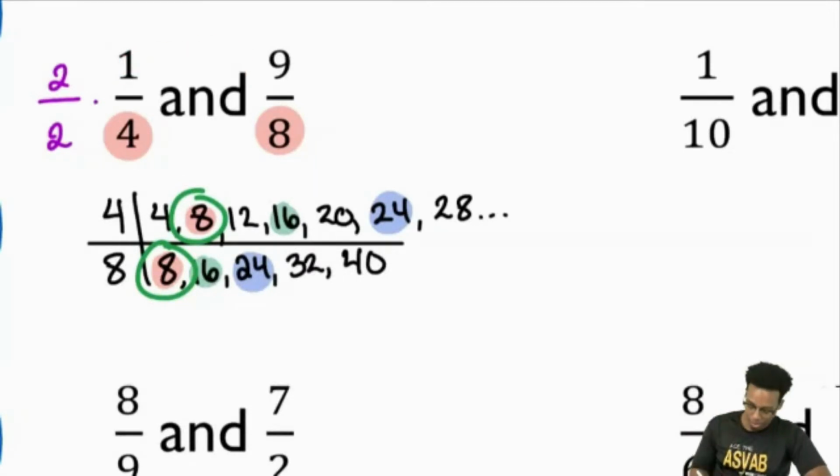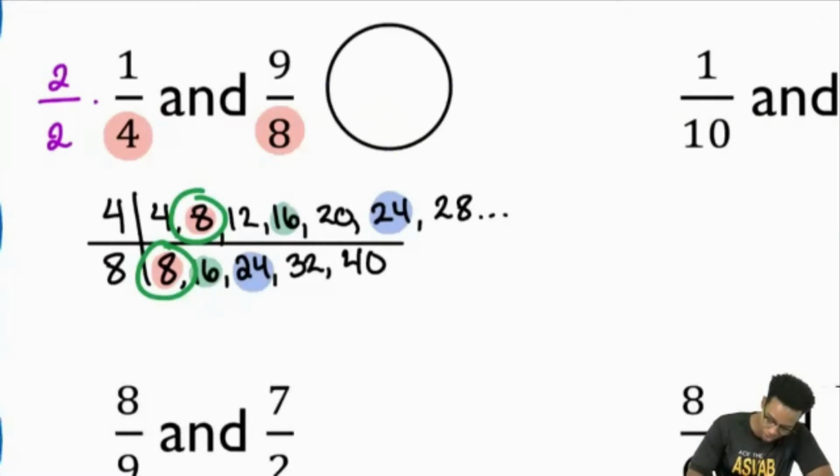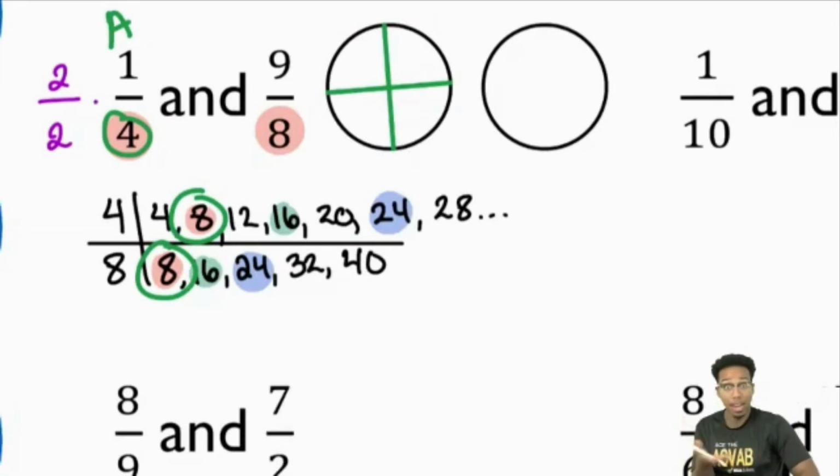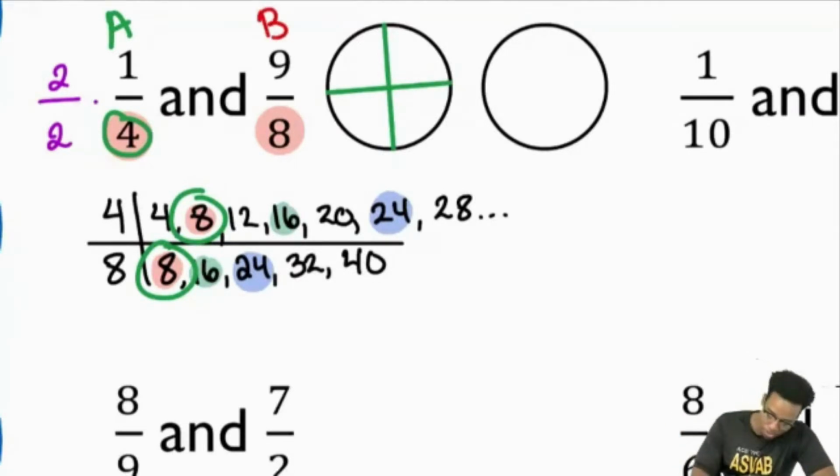It's the same as imagining having 2 boxes of pizza. If we have 2 boxes of pizza here, let me duplicate this right there. Think of it like this. If I have box A and I cut that into 4s right here, because again, the denominator is 4, you're dividing by 4, so 4 pieces. And if you take a look at box B with 8,